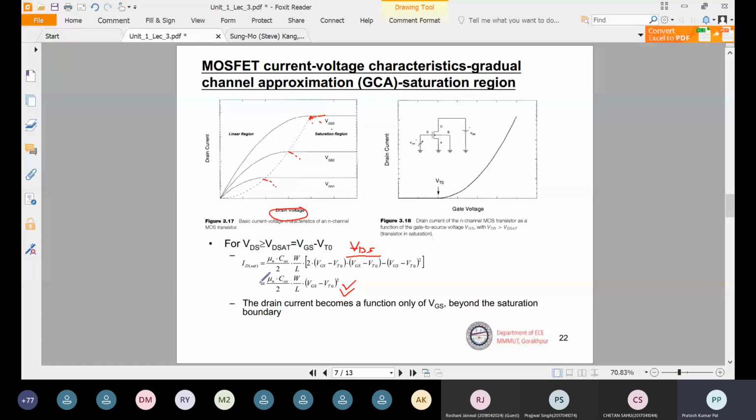So from there we can also see the drain current has no relation to VDS voltage. VDS voltage का कोई रिलेशन नहीं है, केवल only the VGS voltage पे डिपेंड कर रहा है, and all other parameters remain constant. So W/L will also be a constant for a fixed fabricated transistor. So once the transistor is fabricated, we cannot change W/L, and VT0 is also fixed based on that, and this is the property of the materials. So these are all constant, only the gate to source voltage is being changed.